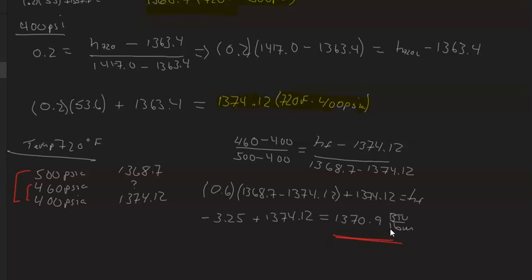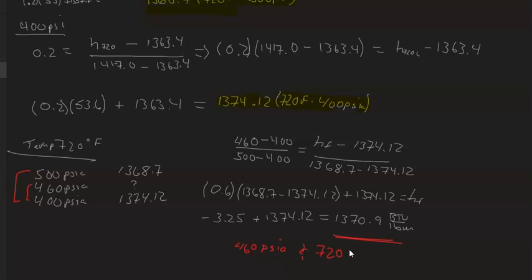So we got 1370.9 BTUs per pound mass for the enthalpy at 460 psi absolute and